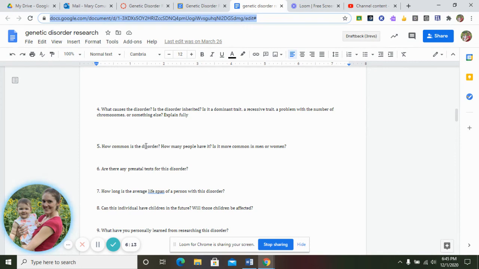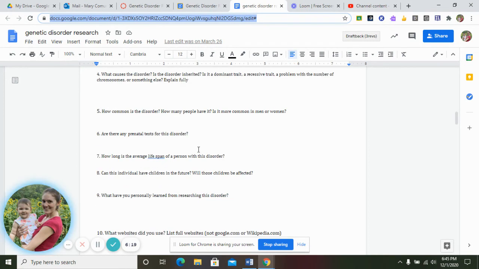How common is it? These are just statistics. How many people have it, and is it more common in men or women? Are there any prenatal tests for the disorder? So will you be able to know that the baby is going to have it prior to actually giving